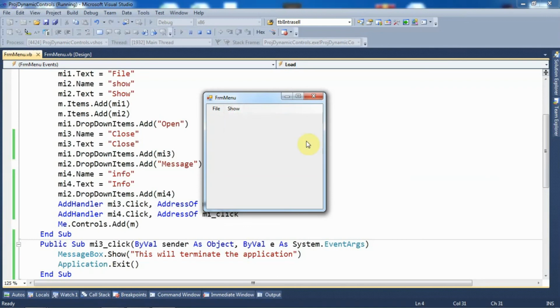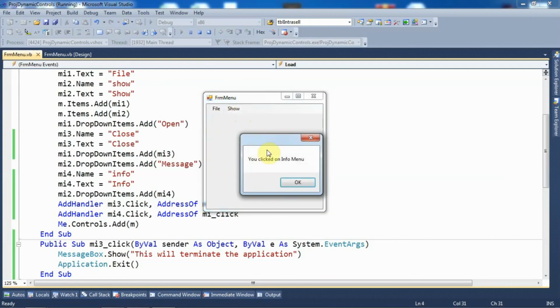Now as we have specified click events for info and close, first of all let's click on info. So here we go, this is the message box, and within the message box it displays you clicked on info menu, that is the message which we already specified in MessageBox.Show within the event of that particular submenu.